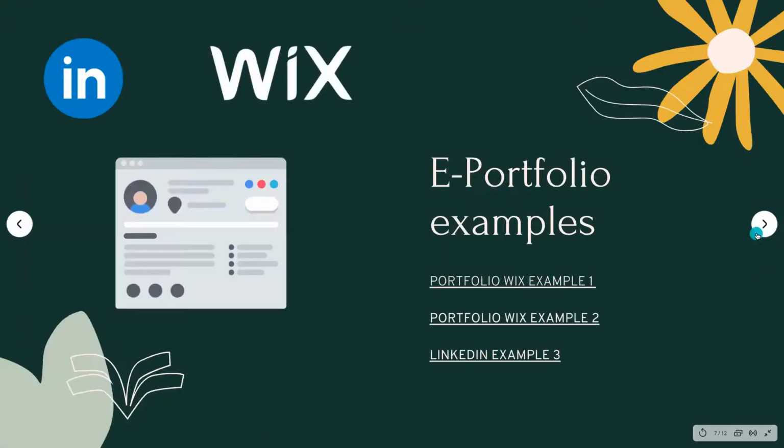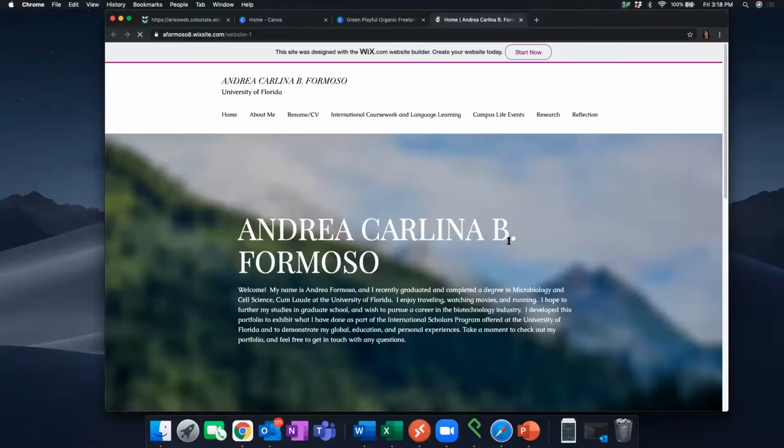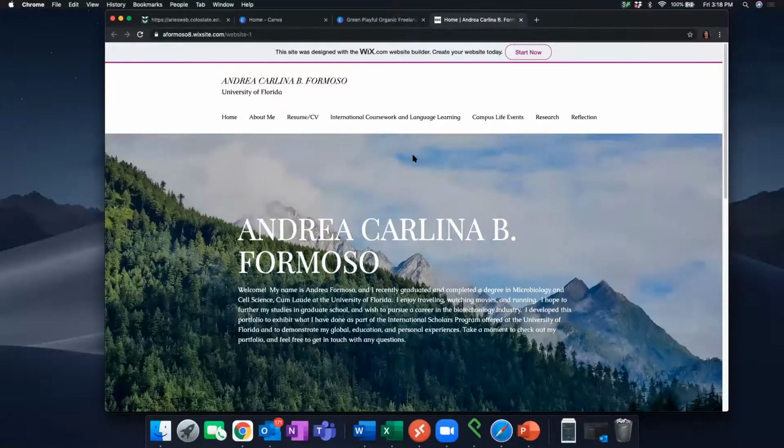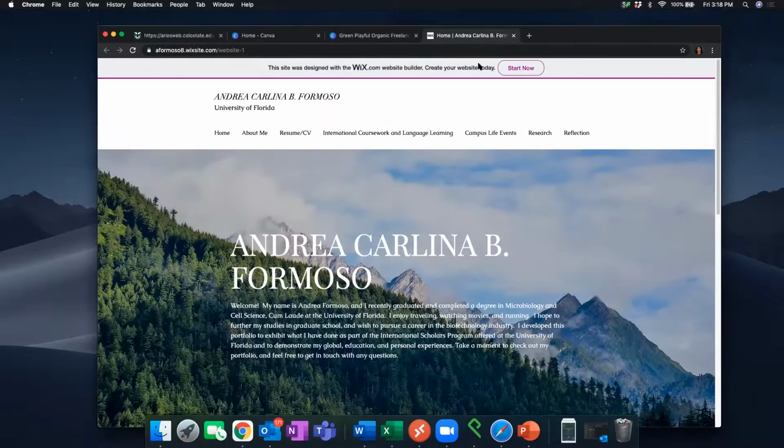So now I'm going to jump on and show you what some of these examples actually look like when you go through each of the profiles. Let me go ahead and click on this one. Okay, I think you're still seeing my screen. Okay, yes. So this is more in depth, right? This is what